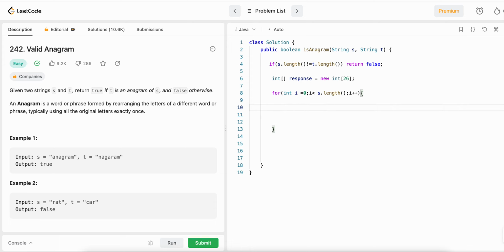Now we will use the response array. How do we need to traverse or use it? When you create an array, it is by default filled with all zeros. Its length is 26, so we'll have indexes 0 to 25. And s or t will always have lowercase letters. So what we can do is s.charAt(i)